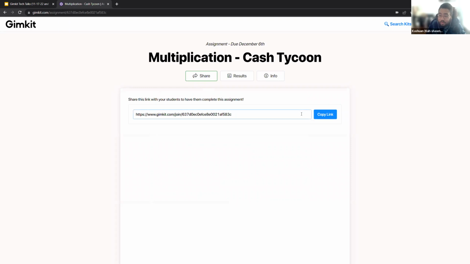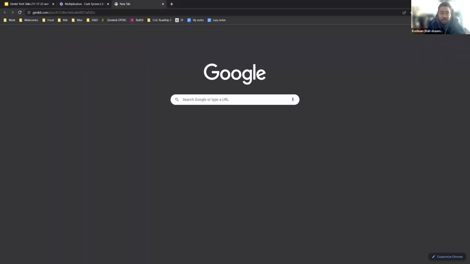And from there, you'll share out your assignment. So you'll do it through a link. I think this works quite nicely if you already have like a Google Classroom set up or something of that form, another LMS system here. Once you share that out, they can go to that link and it will put them in the Cash Tycoon